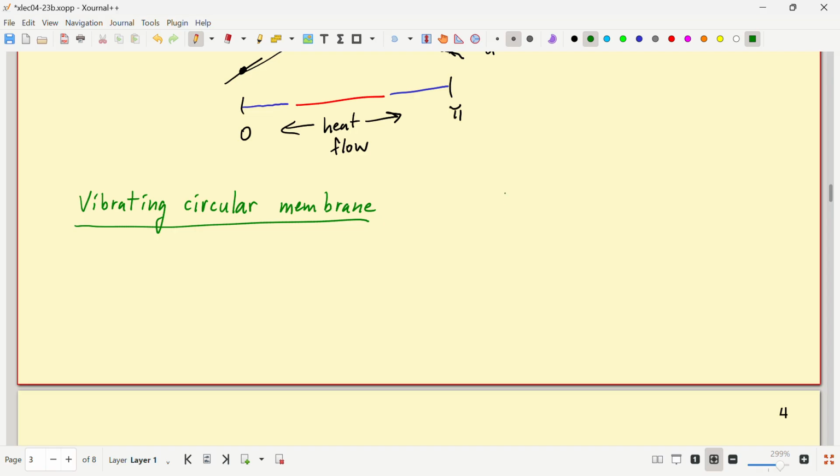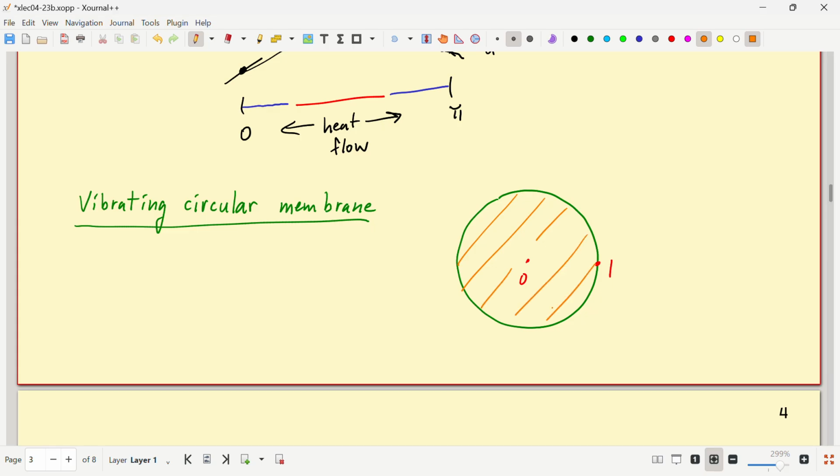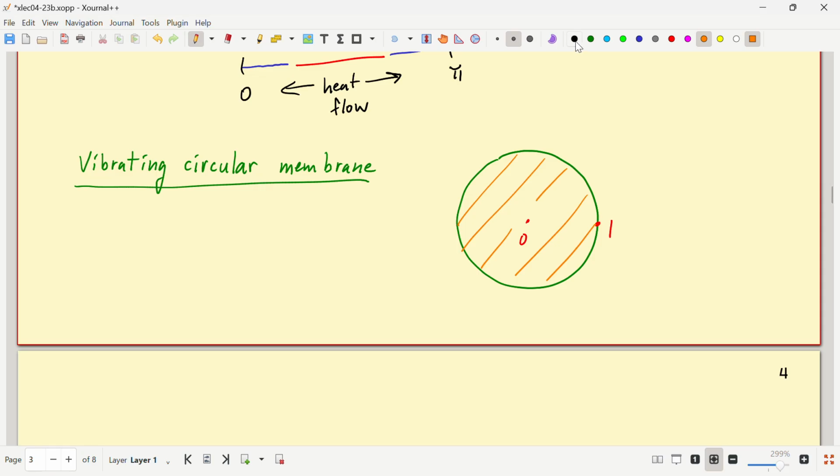So let's see. I'm going to make this drum a unit circle drum. And so I'll have the origin, and I'm going to make it radius 1. And so my circular membrane, I'm going to stretch between a drum head that's a circle. So there it is. And so the wave equation for a vibrating membrane is, you guessed it, d²u/dt² equals the speed of propagation squared times the Laplacian of u.